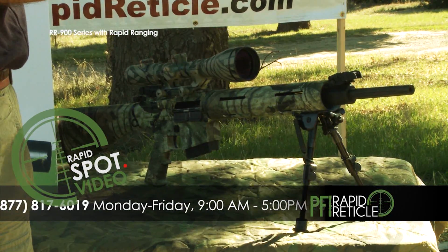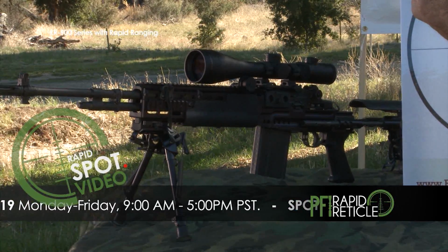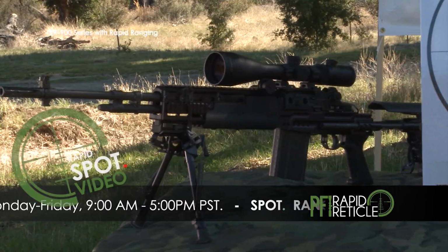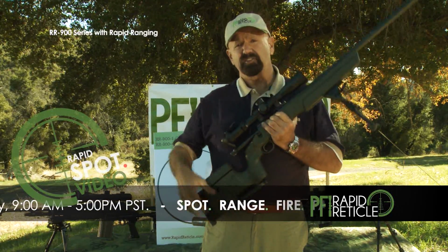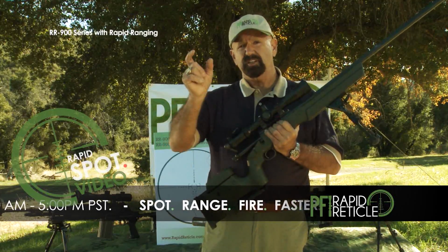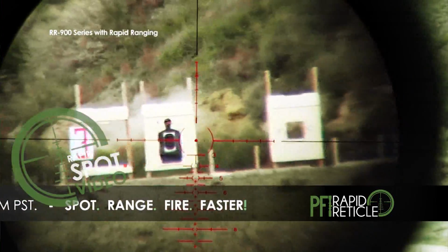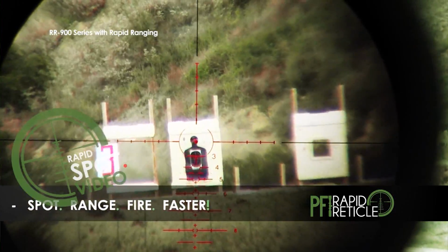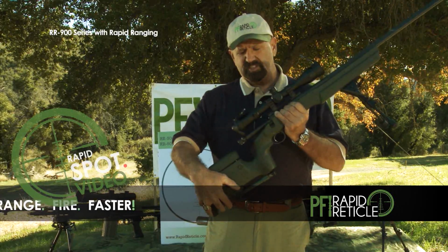It'll work just as fine on a gas type gun as it does on the Mark 24 and a variety of other firearms. But primarily the reticle itself was designed so the average soldier can range a humanoid target from 100 to 800 meters and be able to deliver a shot in the wind and make a hit that first time out. We've had a great success with this,